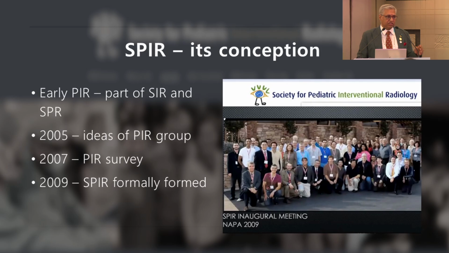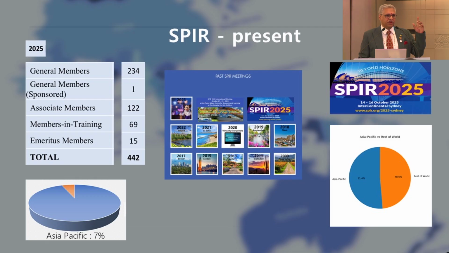The society is not an elite group. It's not an exclusive society. It's not just limited to centers that do a lot of pediatric work. It's actually a global platform for every IR or any IR that treats a child, whether it is once a day, once a month, or once a year even. The society has a wide range of membership opportunities, particularly for the trainee members and the associate members. It's actually free to register, and the general members are also eligible for subsidized dues if you're from low-income countries.